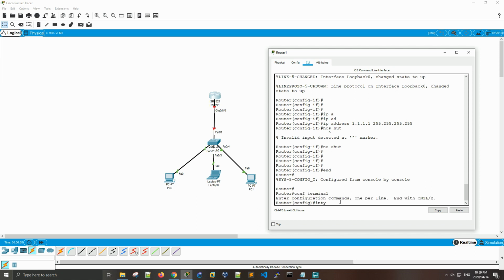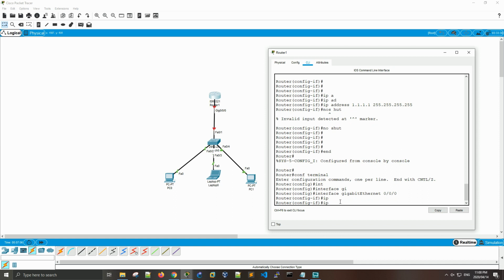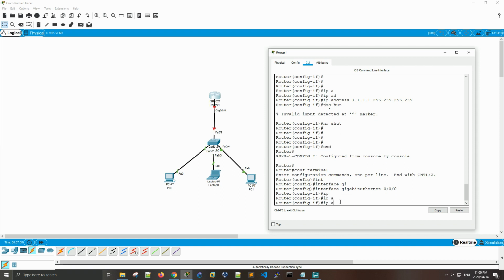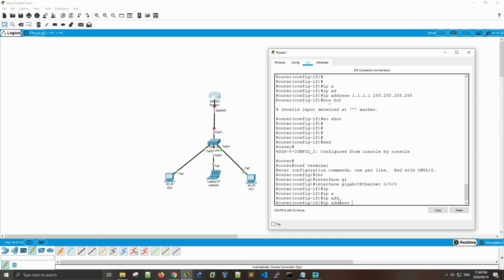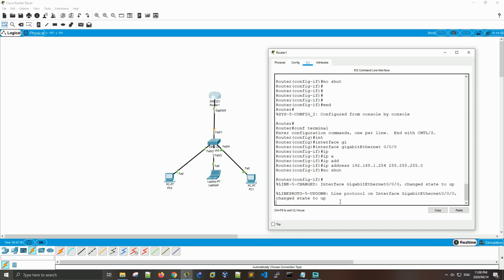And then interface GigabitEthernet 0/0/0, IP address, and we're going to add in 192.168.1.254, and this will be a /24 network, so it's 255.255.255.0. Now that that is configured, we can say no shut, and you'll see what I mean now, and the